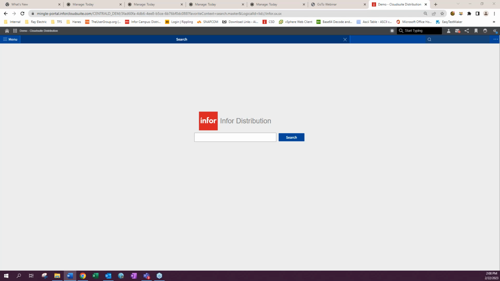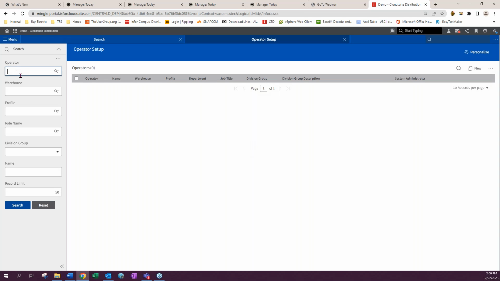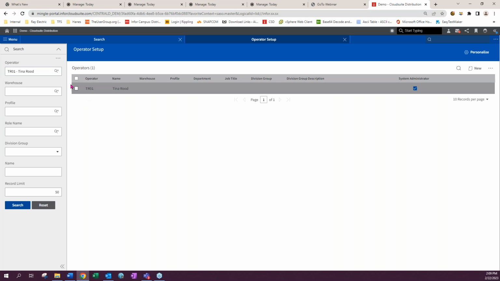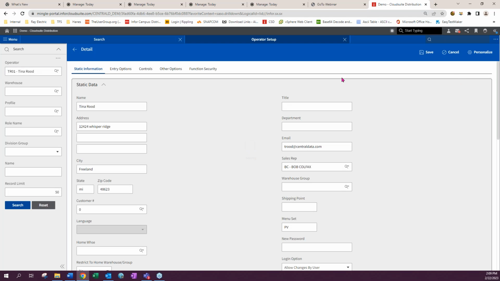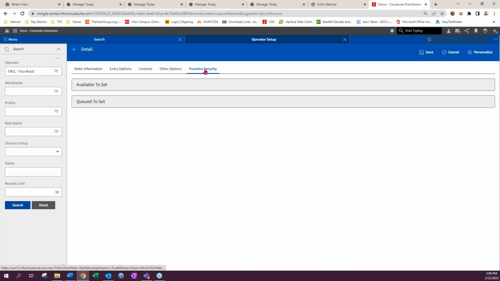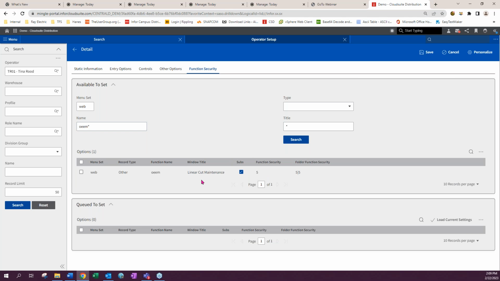Okay, the first thing we're going to talk about is some functional security with OE linear cuts. So in SASSO, I'm going to use my operator. So the screens we need access to, there is a new one called OEEM, which is our linear cut maintenance